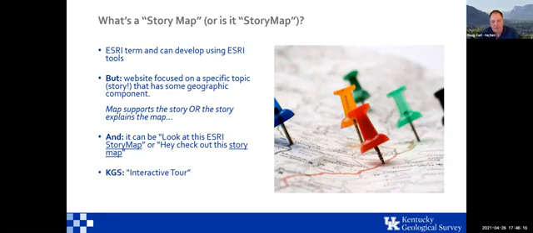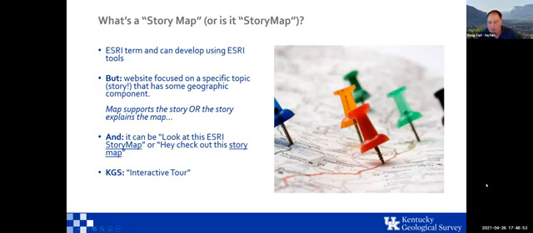At KGS, we don't want to use the Esri story map kind of term. And so we created a series of publications called Interactive Tour. If you search for stuff in our publications, you could probably find it using the term story map, but we've actually developed a series called Interactive Tour just to avoid using that term. Okay, sorry. I just wanted to address that, because you get the question a lot about what is a story map and which is the right way to call it, that sort of thing.